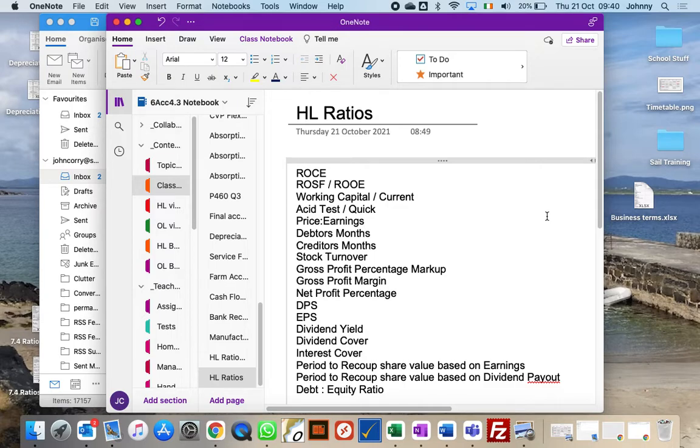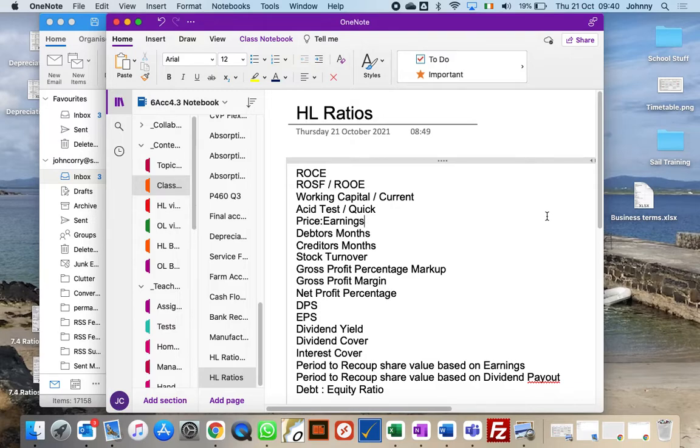So we're trying to think about other headings other than profitability, liquidity, and risk at this stage. Now, if we tie together the debtors' months and creditors' months, so debtors' months means how long it takes on average for the debtors to pay me my money. So if my debtors are paying me my money in about 2 months, and I'm paying my creditors, so the creditors' months is 1 month, what does that mean about the way the business is being run?